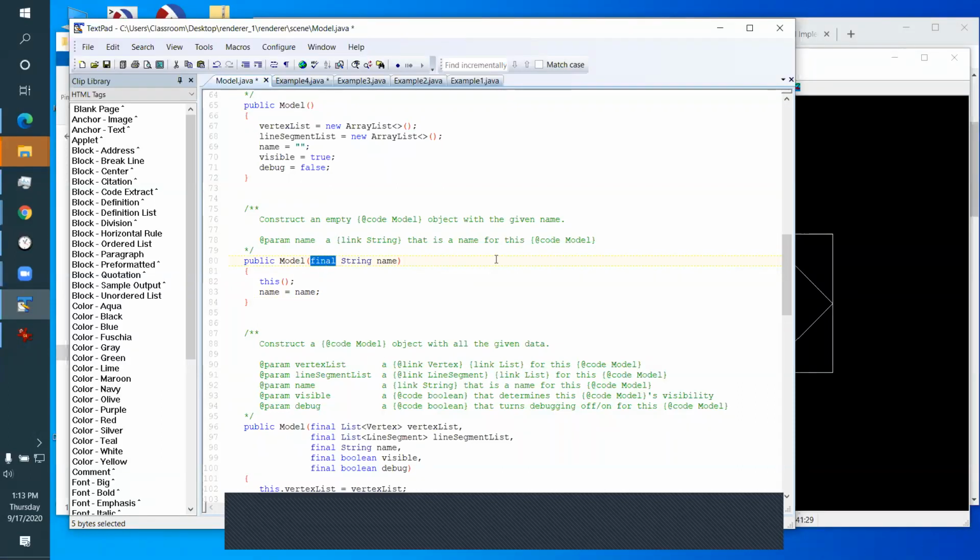So now the final doesn't need to be there. A lot of people don't put it there. Now I wouldn't catch that bug because now this is a regular parameter. There's nothing to stop you from updating it, even though you're updating it with itself. So that's a real good point. This will not compile because of the final. And that's actually one of the reasons why the final's there. The final is saying to the compiler, I'm not going to change this parameter. I just want to pass it in. So it should never be changed. So if I do change it, I screwed up. So I mark it final to make sure that the compiler knows that I don't think this thing should ever